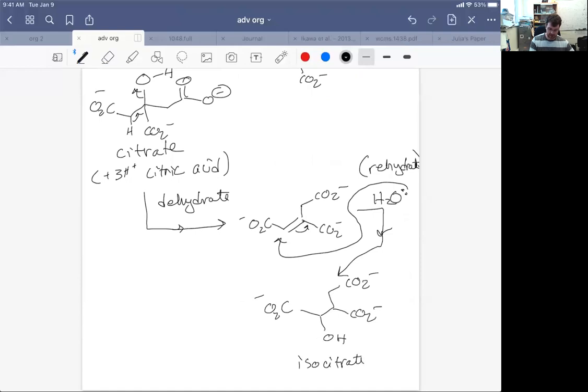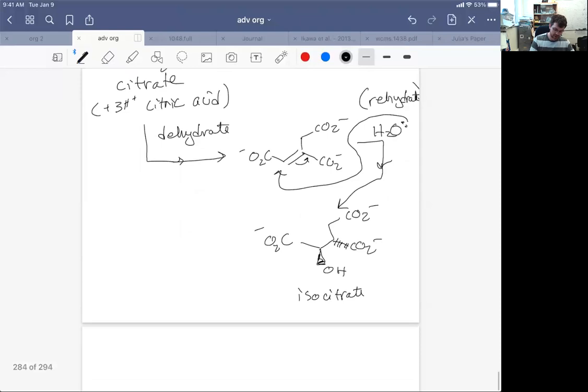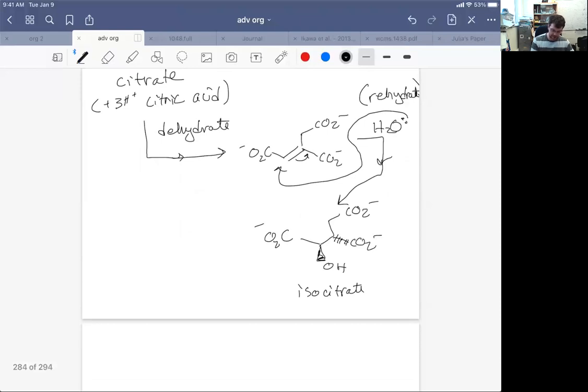Citric acid is achiral, isocitrate is not. So we now have stereocenters defined. And in this orientation, this is going to be a dash. So the enzyme is just going to pick on a specific isocitrate, a specific enantiomer of isocitrate. Now at this point, what we're going to do is oxidize this alcohol. The oxidized alcohol will form a ketone,